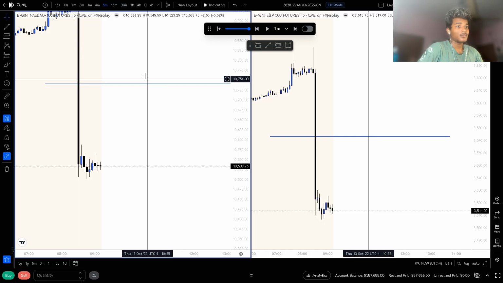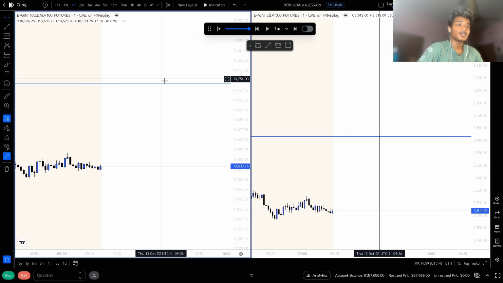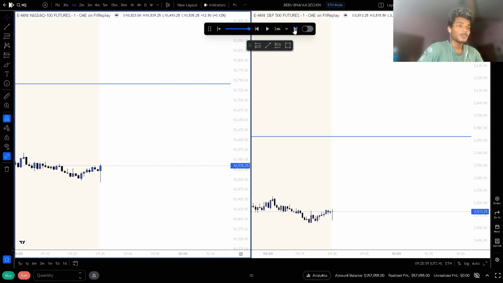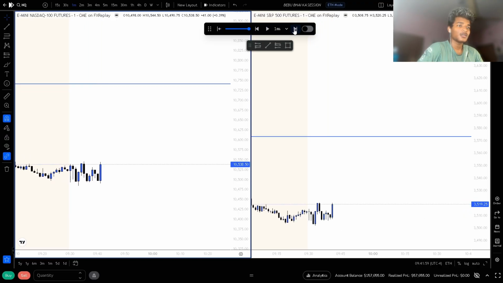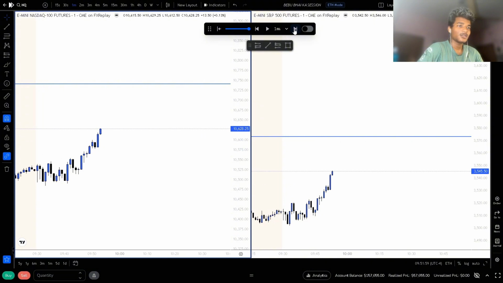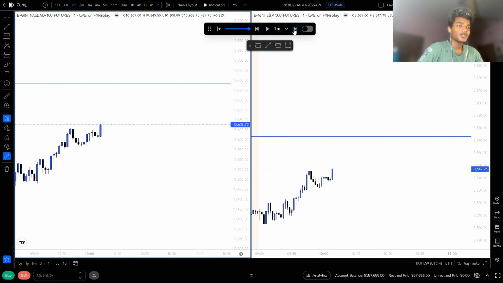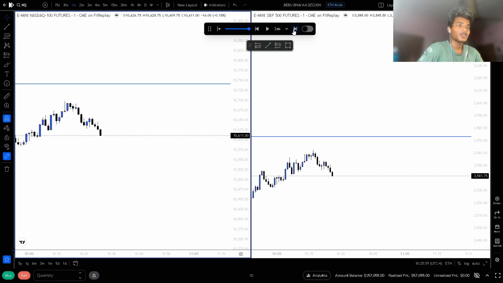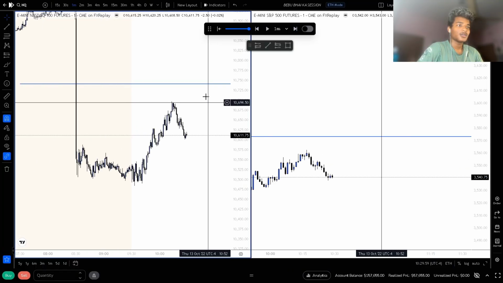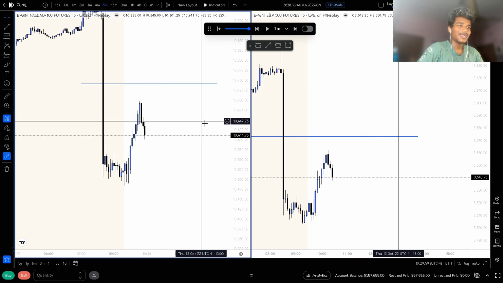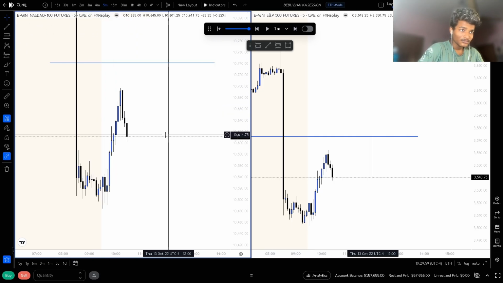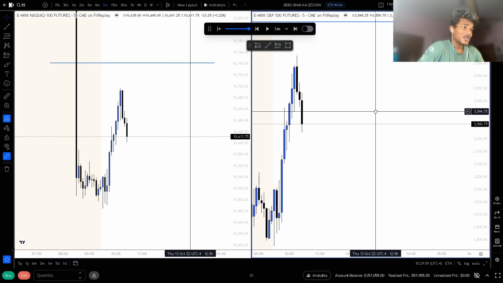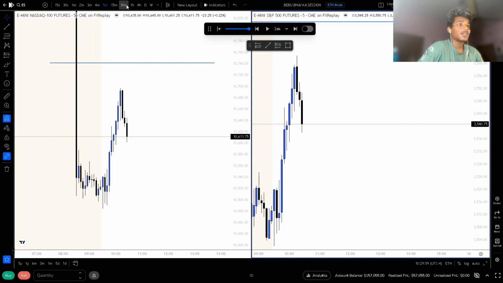I am obviously bearish for the day. Let's just see the market open. So market open is here. Is this the market open? The structure is not that nice, but we are gonna invert this 5 minute gap, and I don't feel like taking anything today.